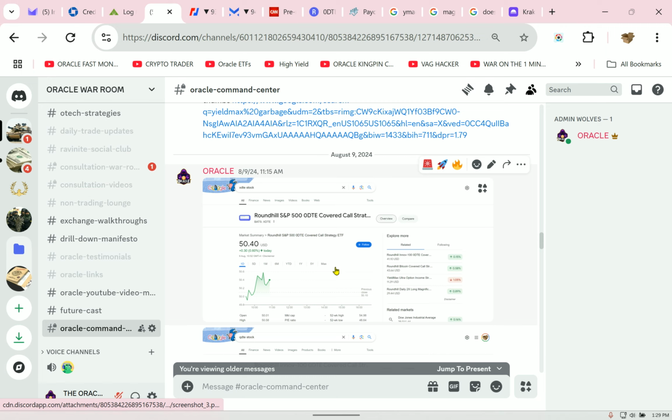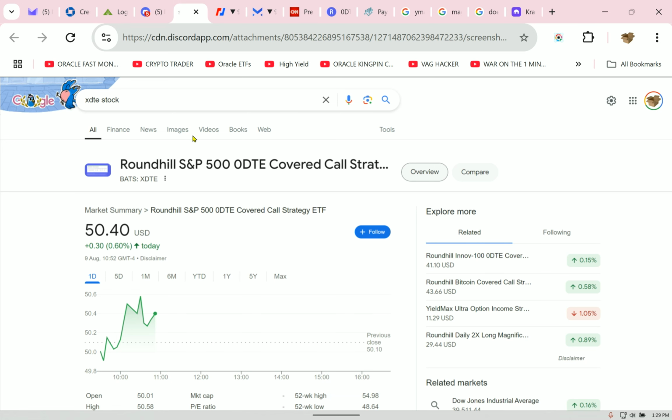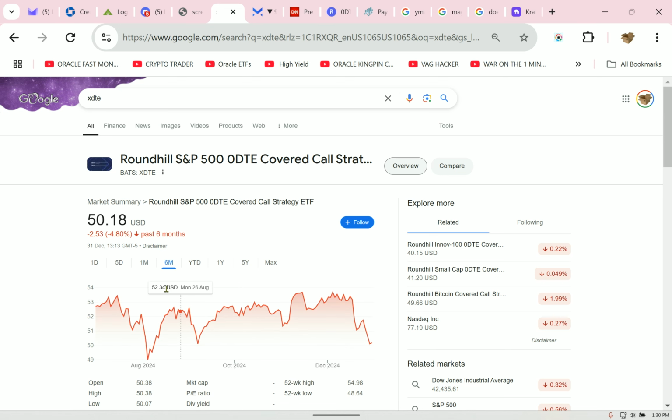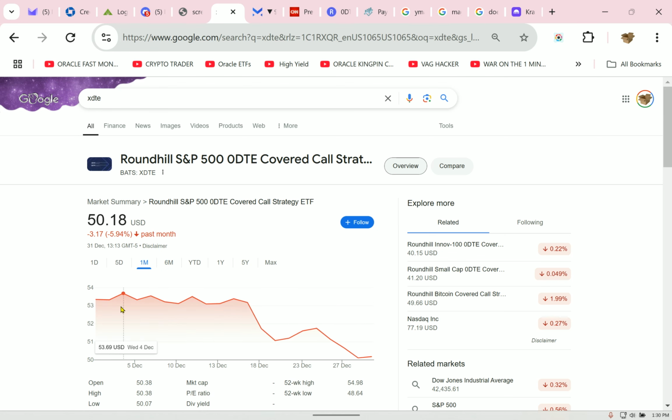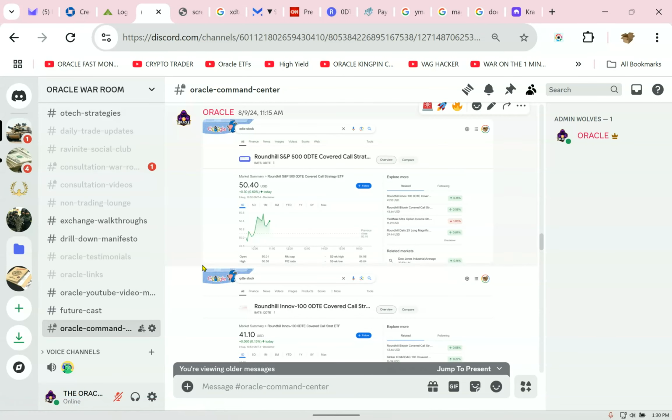So I had this great example of XDTE from back in the summertime in August. And ever since then, it was always $53. Here was the Powell event. XDTE was always $53.33. Even 6 months ago, it's been choppy, but it's on the S&P 500. But this is pretty much where it's been, okay? And since inception, it had gone up. Here was the Powell event. And now, the price today is the same $50 that it was all the way back here in August, in the summer when I took these screenshots.